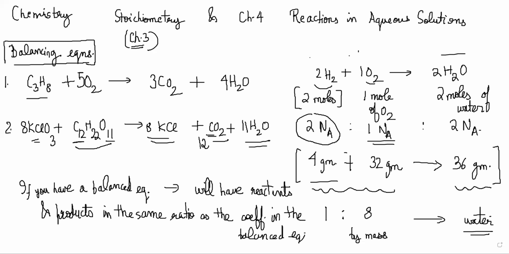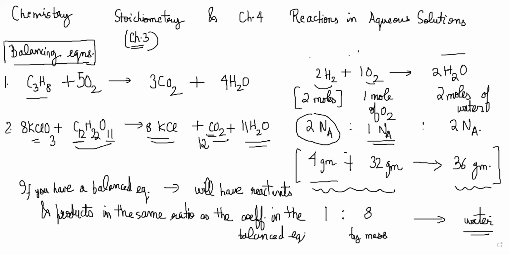Sir, 18 grams. No, you cannot say 18 grams. You'll have to say 18 grams per mole, or you'll have to say 18 AMU. Okay, yes, sir. 18 AMU. Molecular mass of water cannot be 18 grams. No, dude. One molecule is not 18 grams. 18 AMU or 18 grams per mole. Yes, sir. So for example, hydrogen chloride HCl, how much is the molecular mass? 36.5. Okay. AMU. Okay.